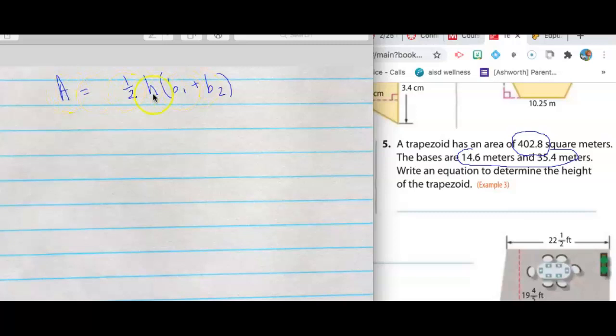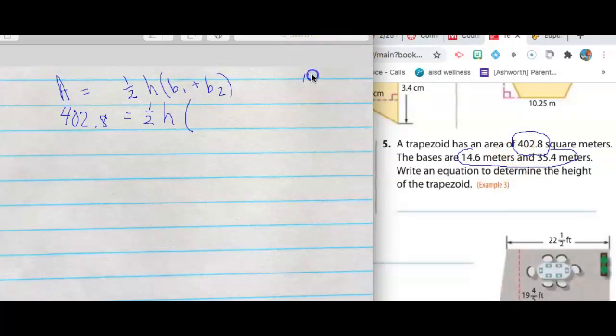So here's the equation. It's the formula. We know what A is, so we're going to write that as 402 and 8/10. And then 1/2 stays the same. We don't know the height, so we're just going to leave the height as h. But we know b1 plus b2. And so over here, we're going to take